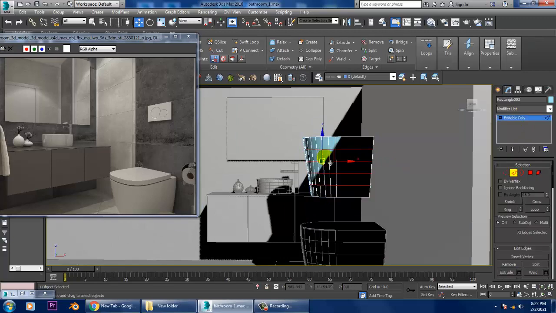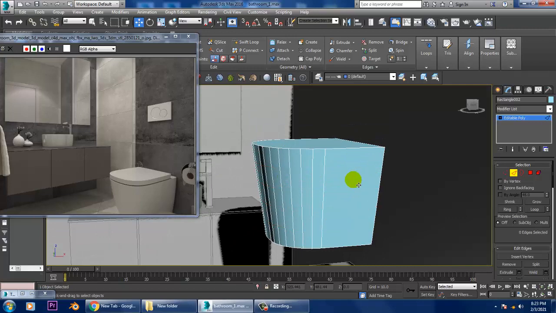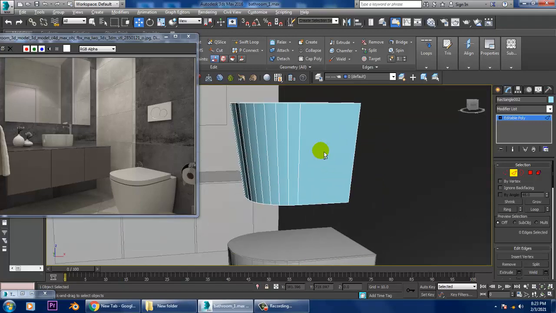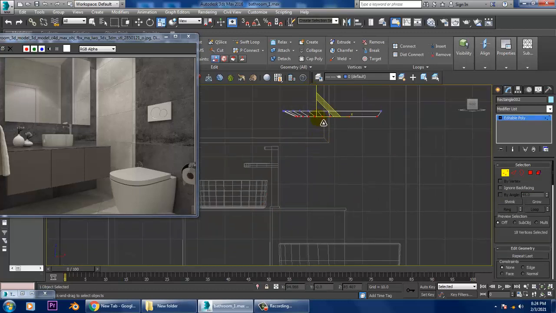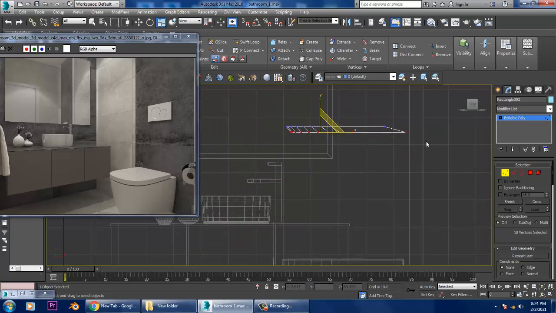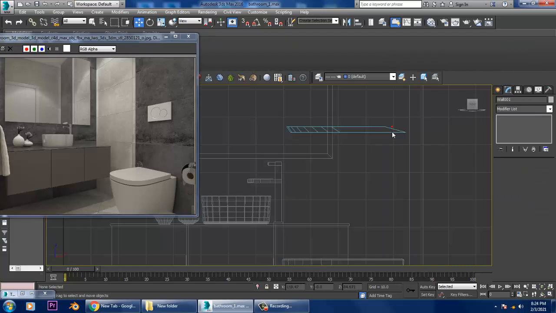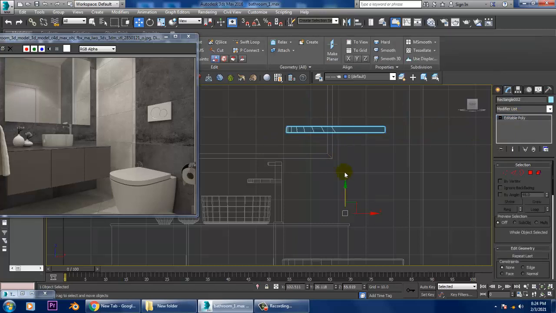I'll select this edge. And how you can remove the loops, press Ctrl and backspace on your keyboard to remove it. So I'll select this, I'll slightly push this up, scale it, so slightly push it down in this way.